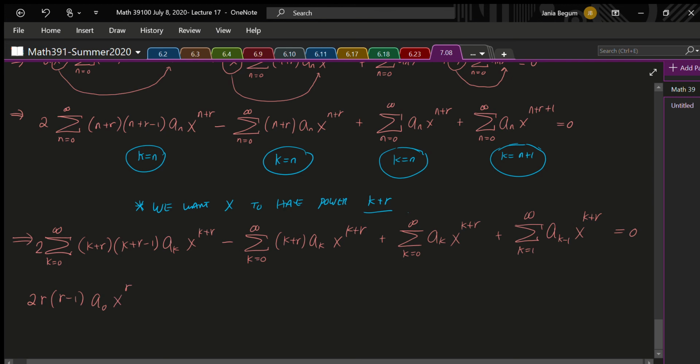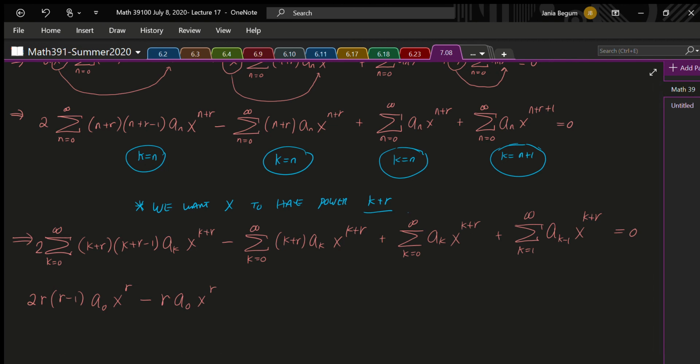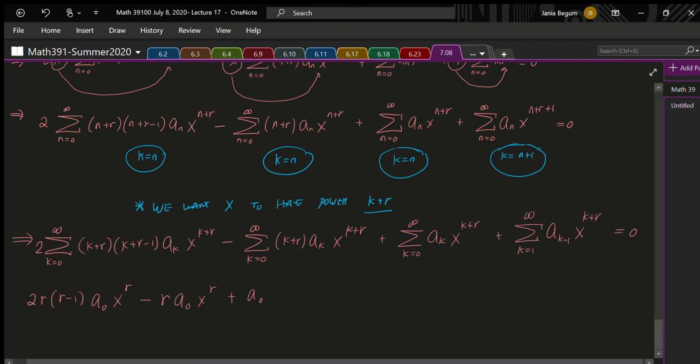And now you can start at k equals 1, so I'm going to combine it with the last summation. Minus, now the second one, if k is equal to 0, we have r times a sub 0, x to the r. So now the second one can also start at k equals 1. And the third one, I'm going to write out the k equals 0 term, so that's plus a sub 0, x to the r,